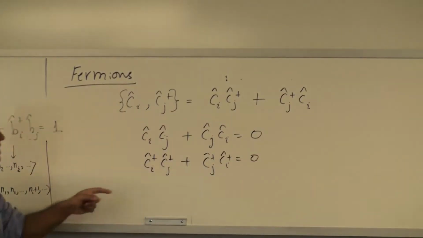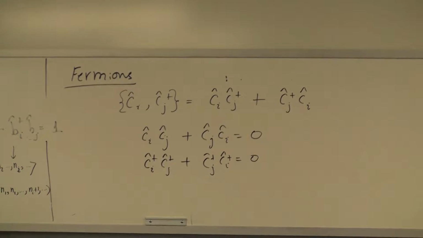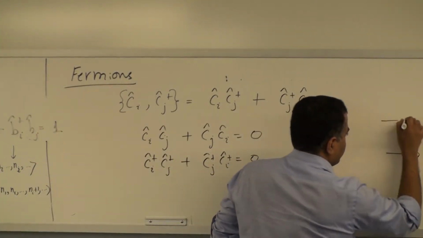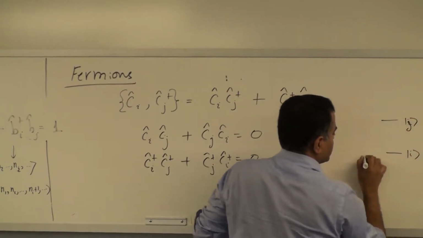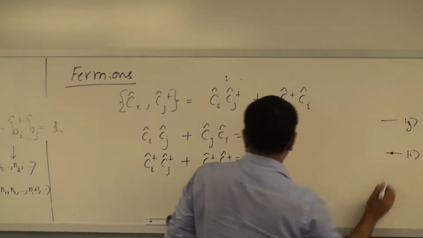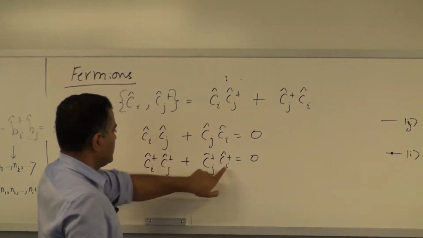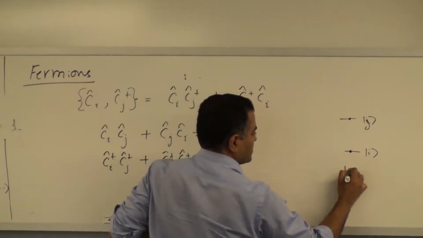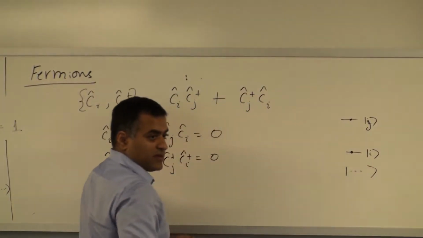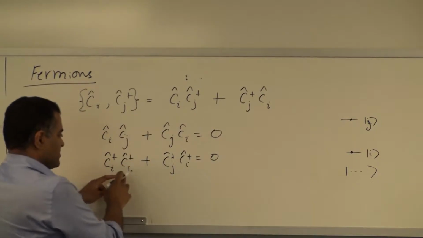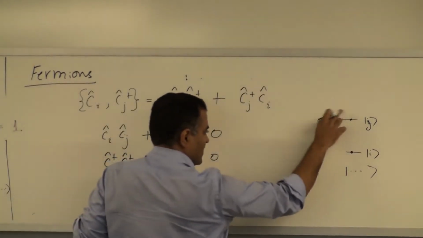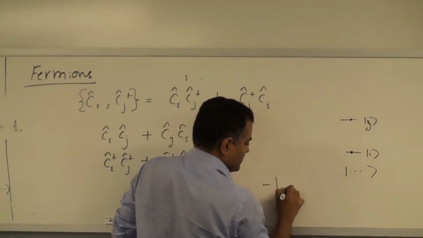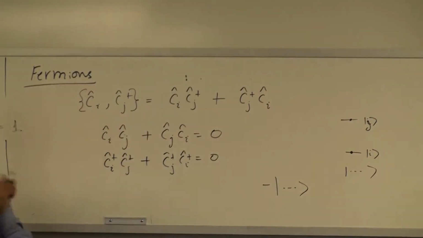Equals 0. So this is saying that if I have two orbitals, orbital i and orbital j, and I try to put electrons in them, I first put an electron in i, and then I put an electron in j. That results in a certain state of the system, right? But if I do the reverse process, if I first put it in j and then in i, I get a minus of that. The state I get will be minus of the state. The wave function will flip sign.